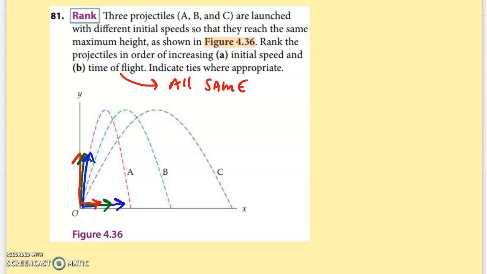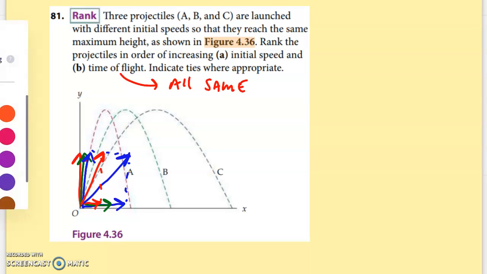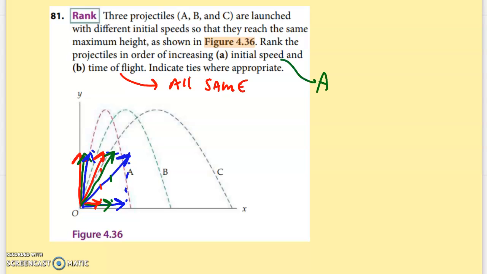So in terms of initial speed, take a look. Initial speed for C is real big like that. And you might be saying, well, isn't that the velocity? Well, just the magnitude of it is the speed. And the initial speed of A was like this. And I bet you saw coming that B's was in between. So if we're going to take the increasing, the red arrow is the shortest. So we'll make that A, then B,